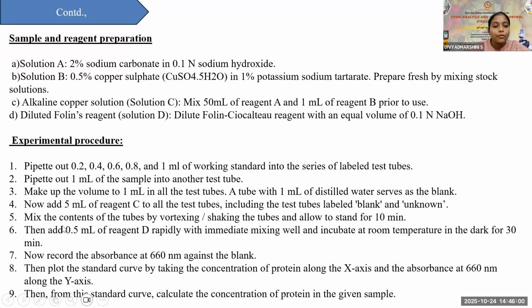Then mixing the contents of all the tubes by either vortexing or shaking the tubes and allowing to stand for 10 minutes. That is called the reaction time, which we have mentioned in principle 1. After the 10 minutes, we will be adding 0.5 ml of reagent D, which is diluted with 0.1 normality of NaOH. Then rapidly mixing them well and incubating at room temperature, in a dark incubation we need to keep because it is light sensitive,